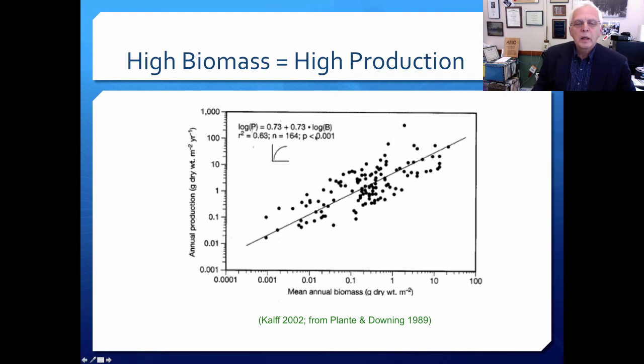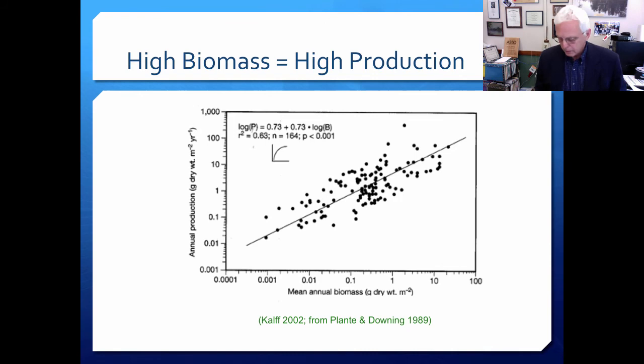On the other hand, the exponent here, or it's not an exponent, this would be a slope in a logarithmic relationship, which turns into an exponent. It's lower than 1, which implies that as mean annual biomass, or annual mean biomass, gets very high, we get sort of less secondary production back per unit. Now, this may be due to things like competition or maybe interference, but generally production is a little bit less